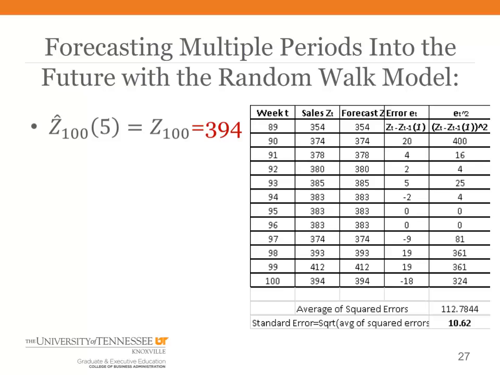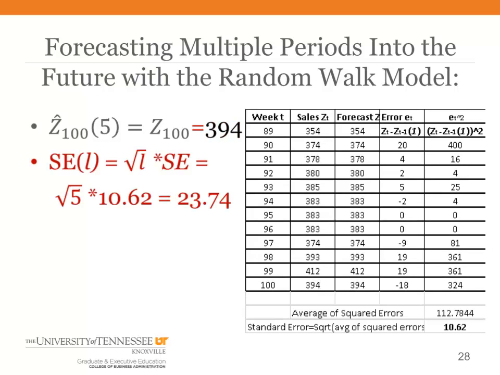So now we're ready to talk about forecasting multiple periods into the future. Let's suppose we're at week 100 and we want to make a forecast of the demand 5 weeks into the future. In other words, the demand for, or the sales for, week 105. First of all, we know the forecast. With the random walk model, it's just the most recently observed value, so that will be 394. And then next, we are going to compute the standard error of the 5 week forecast. So we take the square root of 5 times the standard error of the 1 week forecast, and we get